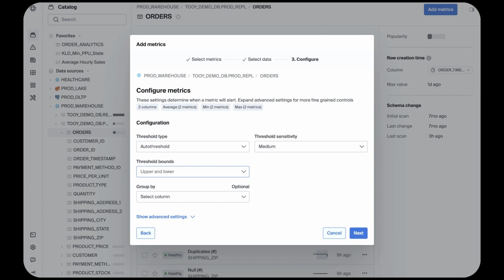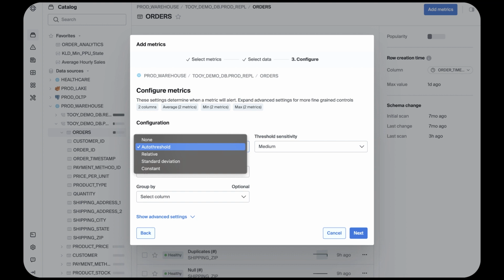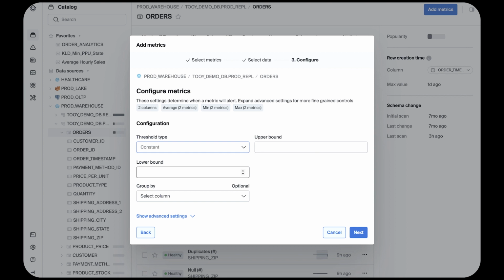Big Eye supports a number of ways of implementing thresholds to identify which values are outside of the norm, even possibly concerning or indicative of some broken process. Here are some of the more standard methodologies for teams that know with reasonable certainty what they're looking for. First, let's look at the constant threshold type. Constant threshold types represent known ranges for acceptable values in a column. One example might be that a test score can be between 1 and 100, but not less and not more.